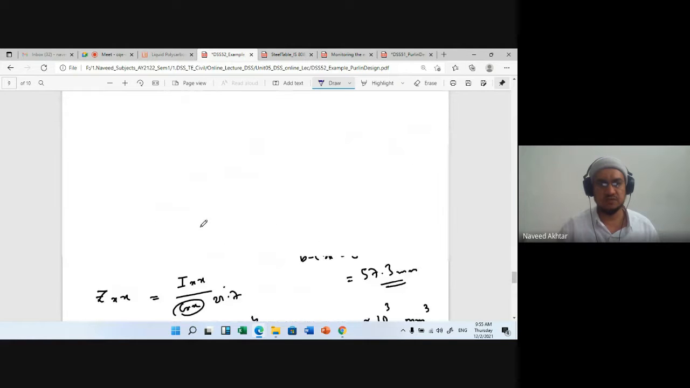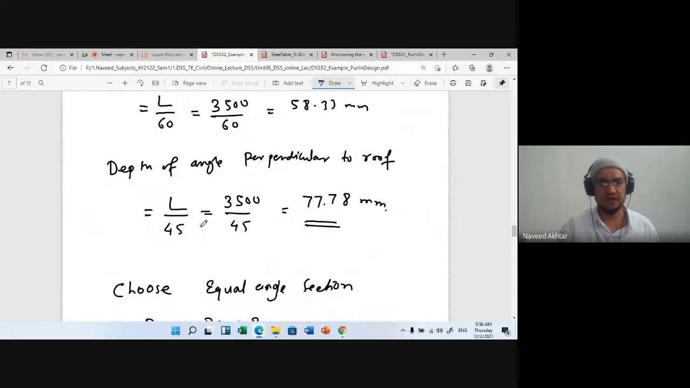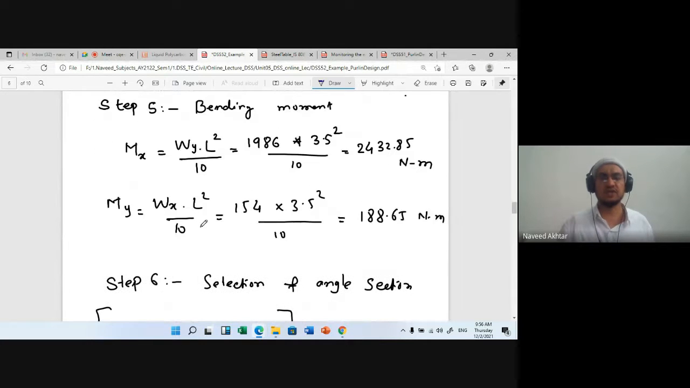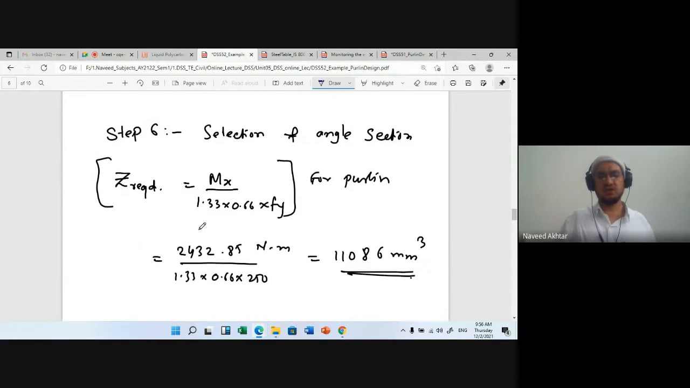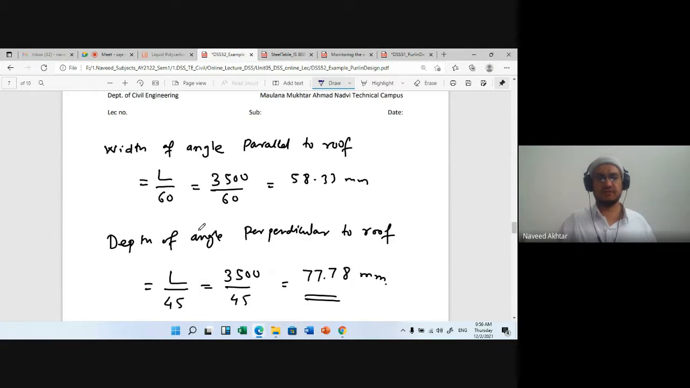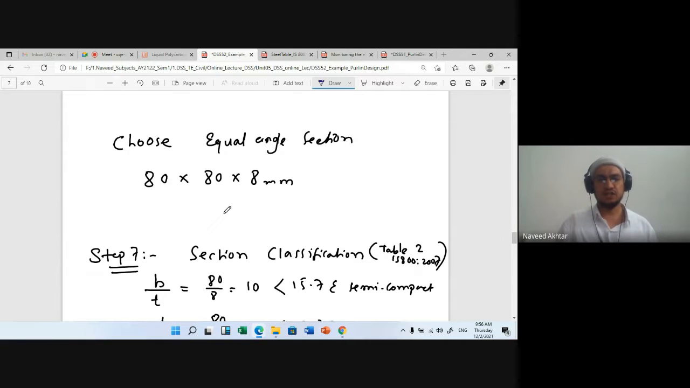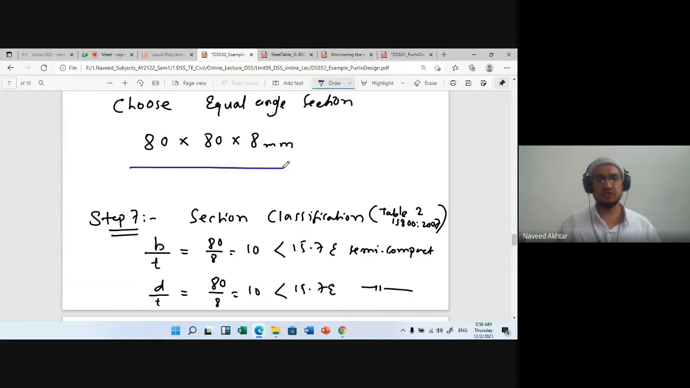So these are 5 steps for design of your angle purlin, and it is nothing but you have to find out the moment, load calculation, moment, and based on the moment you have to find out Z required, and above Z required, and this criteria, width and depth of angle as for the span by 60 and span by 25, you have to select the angle section, and then choose an angle section. You have to check for the